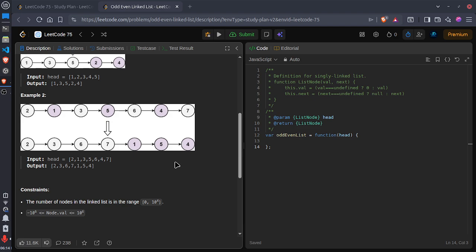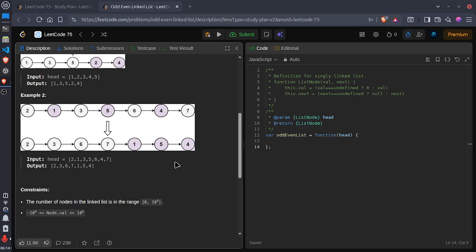So let's understand how to think about this problem. Linked lists are difficult to rearrange for beginners, because a linked list has pointers and values. We will first store the values separately, like in a normal array, where we get the value by index using square brackets: 0, 1, 2, 3, 4, 5, 6. But in a linked list we do not have this option, so we have to think about something else.